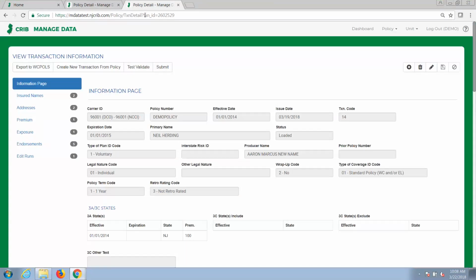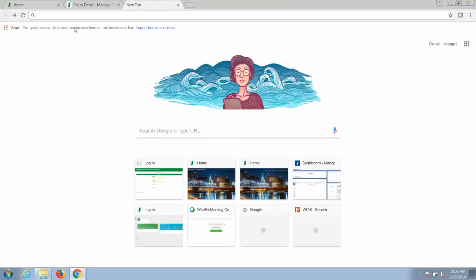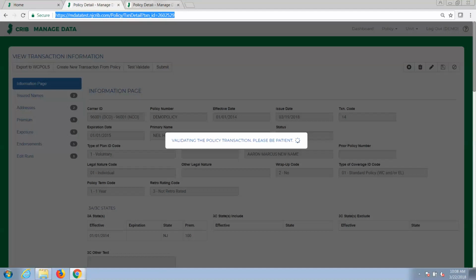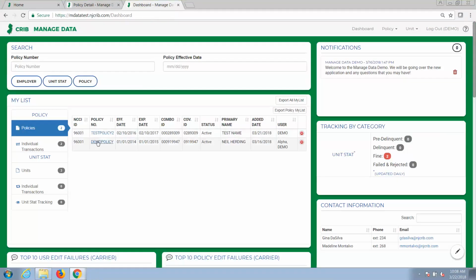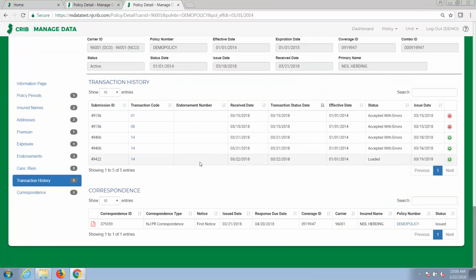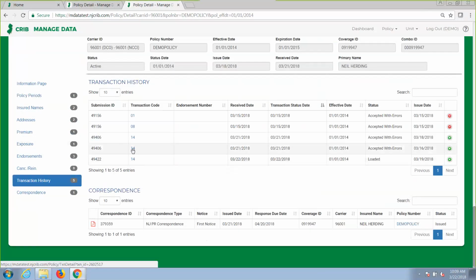While that's running in the background, I'll actually go back to another policy that this actually occurred for. So if I look at a previous transaction that I've actually inserted and created,